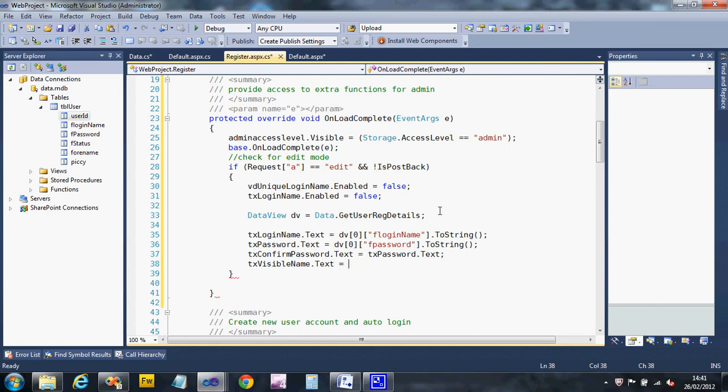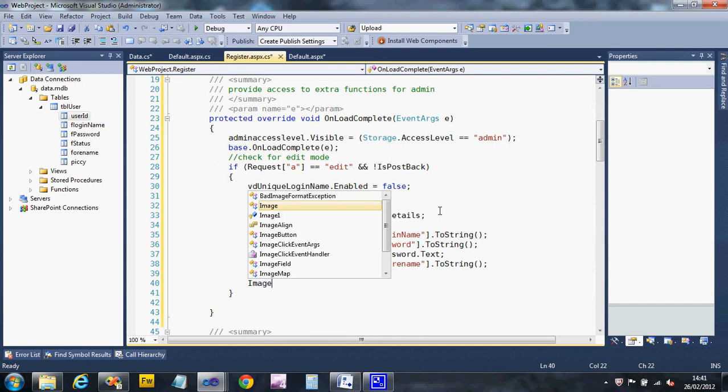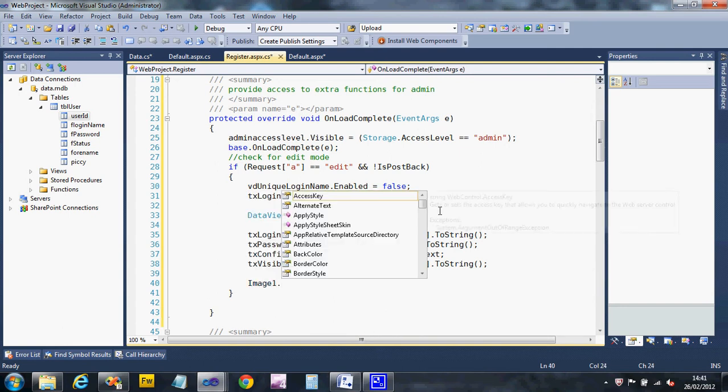Okay, in my system. So that's going to come from, for name, I called it in the database. Right, and then the last thing I want to set is the image. So my image on my page, image.image URL